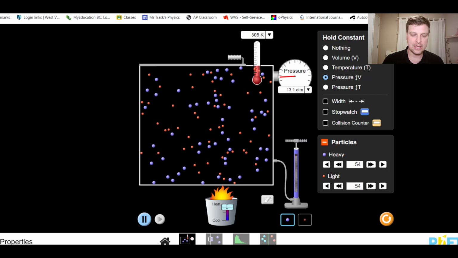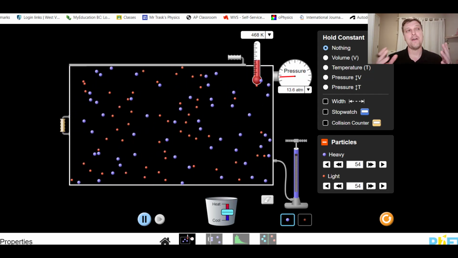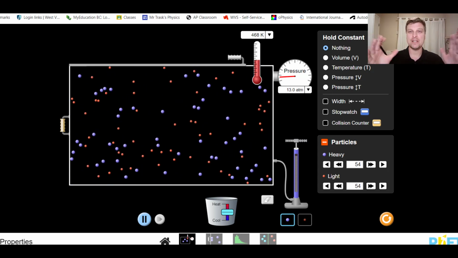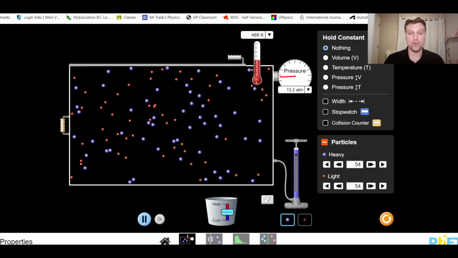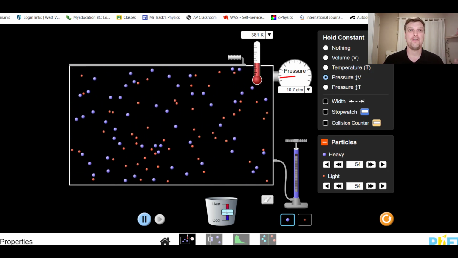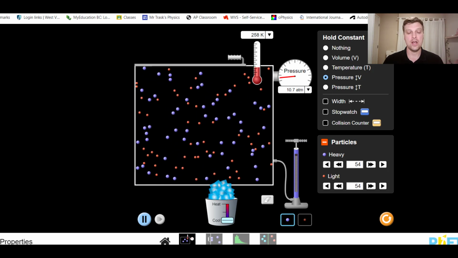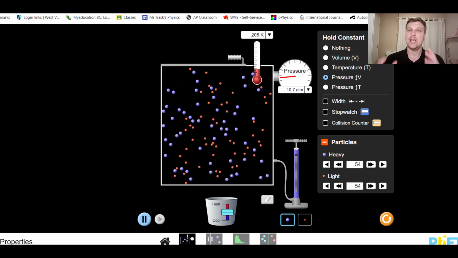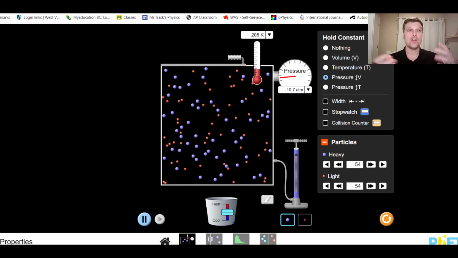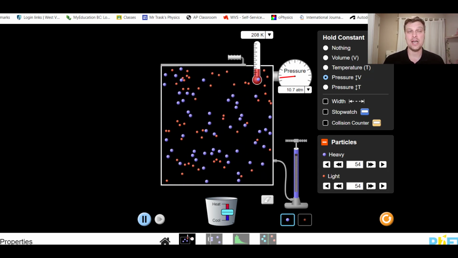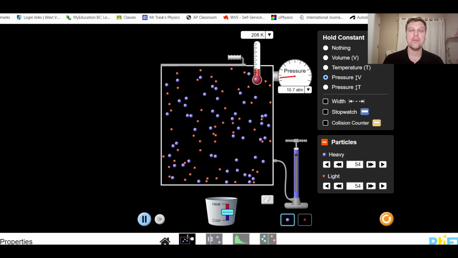And you can see that as I increase the temperature, those particles start moving faster. If I'm going to keep the pressure felt by the sides of the container the same, well then those particles are going to have to take up more space. And the same thing is true if I start to decrease the temperature. If I cool these particles down, they are going to occupy less and less space in order to keep the pressure the same. That is to say that because they're slowing down, they're colliding with the sides of the container less and less, which means they must be packed closer together in order to provide the same pressure